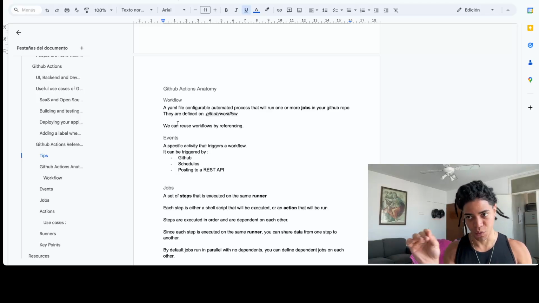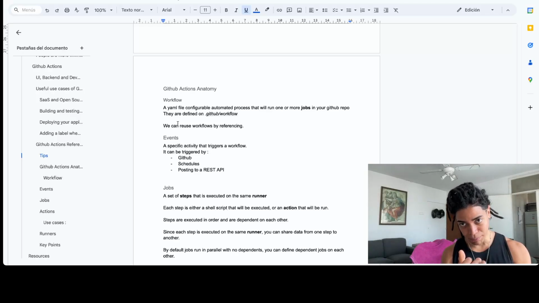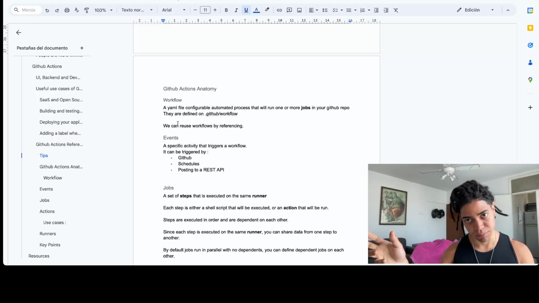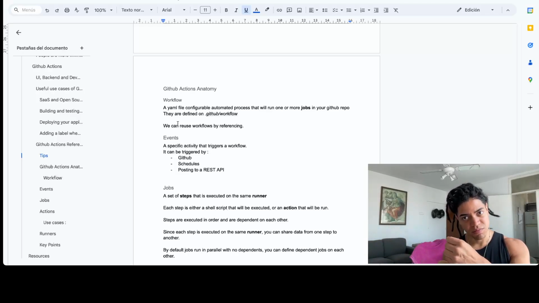Makes a lot of sense because it creates separate processes by providing you new, freshly provisioned virtual machines, whether on Windows, Mac, or Linux. So when you define your steps inside of your job, it's a bash script or an action, which is a custom application from the GitHub marketplace, to do some frequently repetitive tasks,